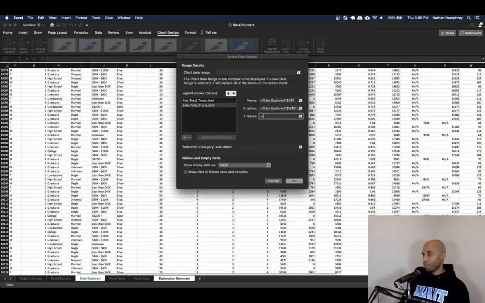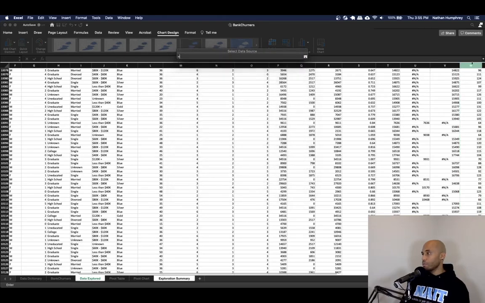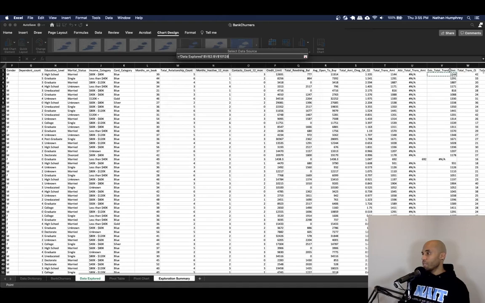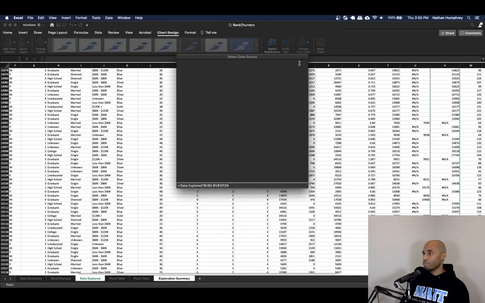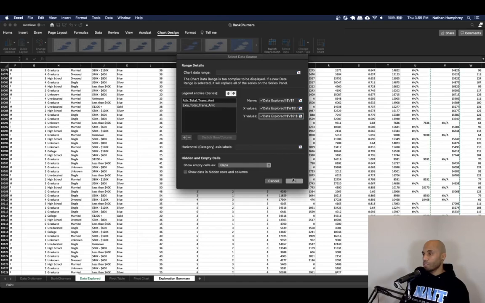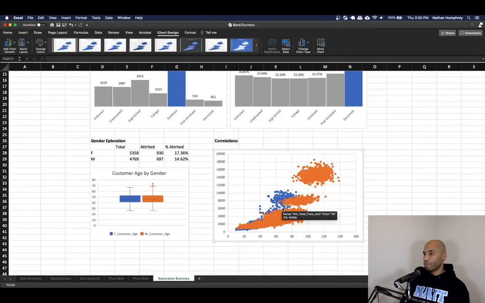And my Y values are going to be my existing total transaction amount. So I think that should do that. So I should be able to say OK. And there we go. Now, I kind of have one behind the other, and we can clearly see there's some